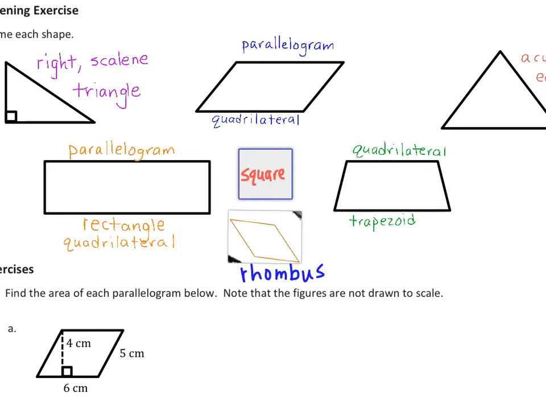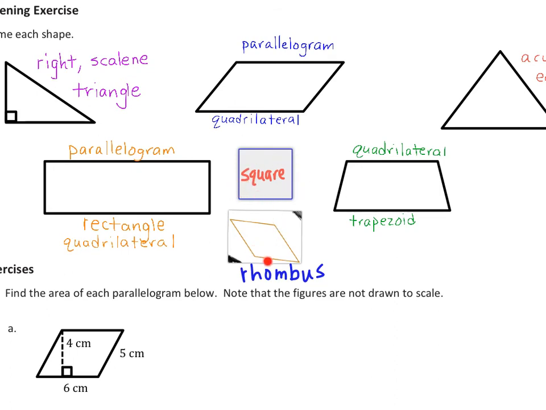Now, a parallelogram only has to have two sets of parallel sides. So that means this is a parallelogram, this is a parallelogram, this is a parallelogram. They all have two sets of parallel sides. Opposite sides are parallel. Then to be a rectangle, you have to have four right angles. But they don't care about how long your sides are, right? Just four right angles, which makes this a rectangle because it has four right angles and two sets of parallel sides. So it's a parallelogram, it's a rectangle, it's a quadrilateral, but it's also a square because it is also a